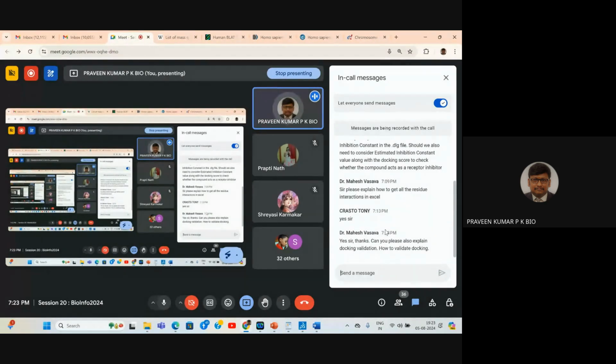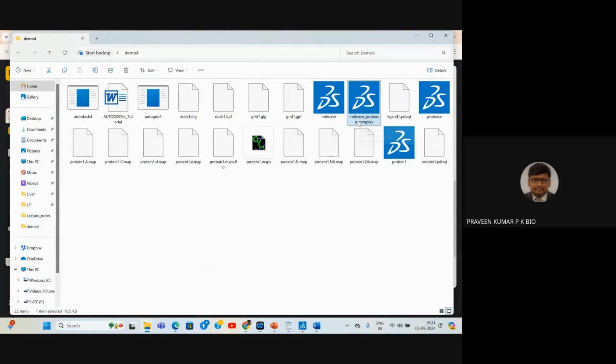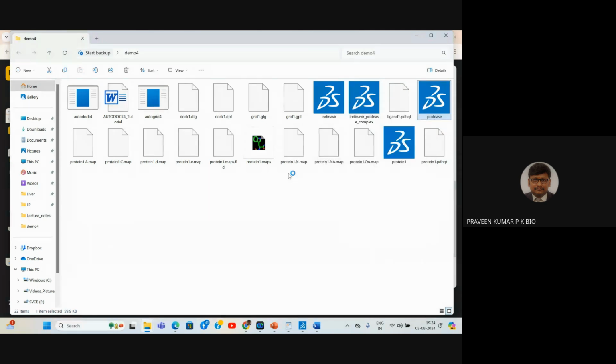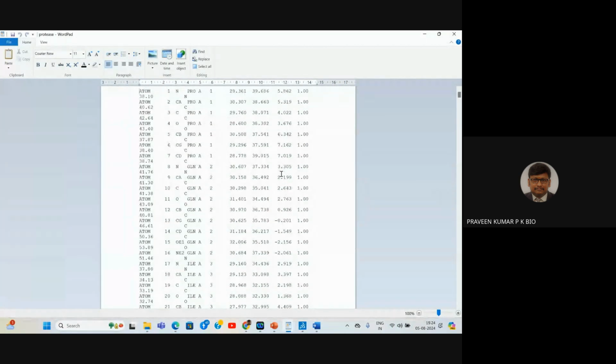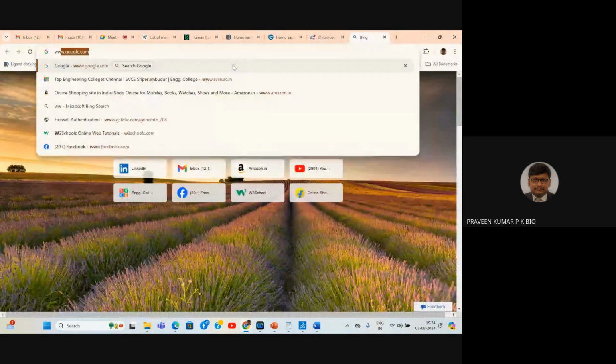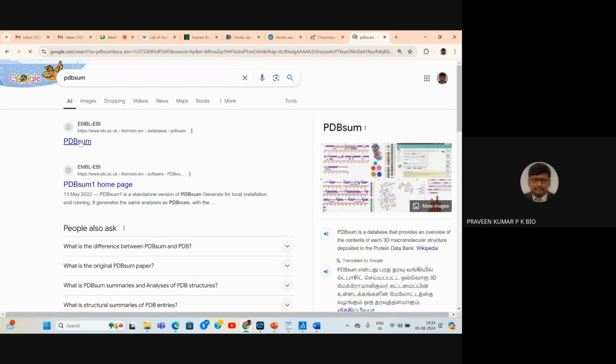Actually, the docking, what I tried was docking the drug called Intina with HIV protease. If I know that protease, I'll go to the protease and just find whether it's modeled or how this is done. This is a small one, I know. I don't think it's a kind of a model. If it is downloaded from a PDB website, for example, if I take you to the website called PDB Sum, there is a website called PDB Sum. Okay, if you go to this PDB Sum,